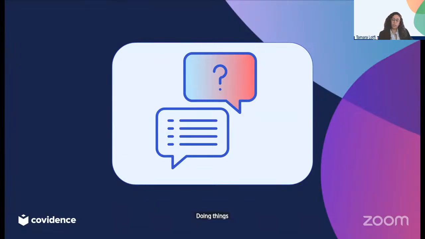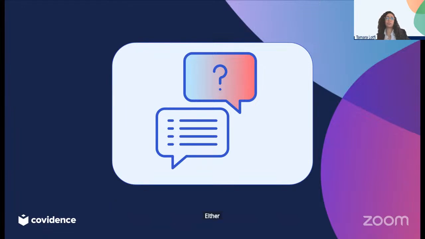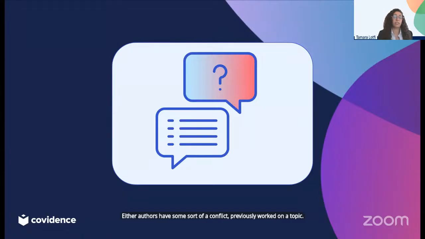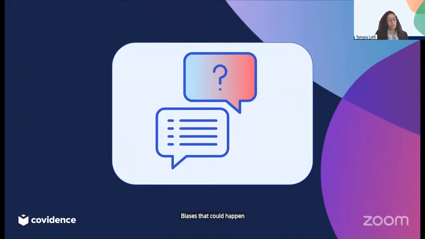Doing things in duplicate would reduce risk for error and would reduce risk of bias. And also, in case either author has some sort of a conflict, previously worked on a topic, is an author of some studies and so on, and would like to get them included. I'm not saying it happens, but I'm just giving you an example of biases that could happen. Screening in duplicate will help you reduce that risk for bias.